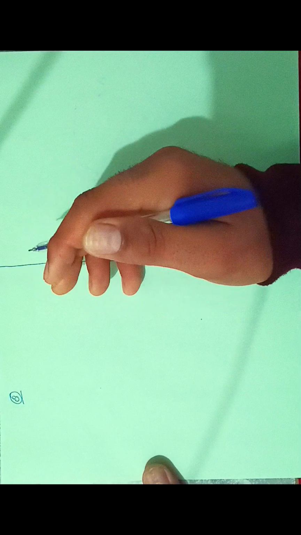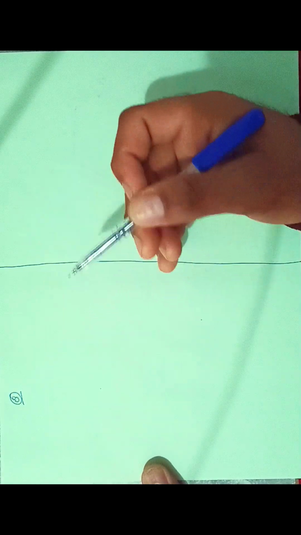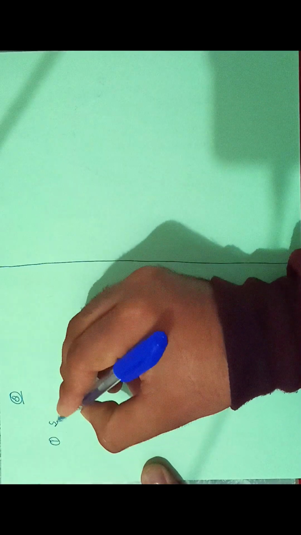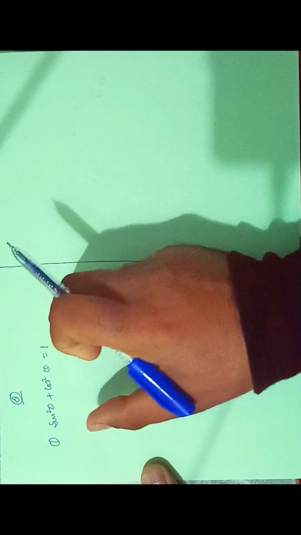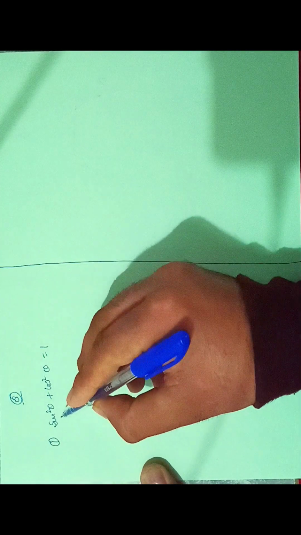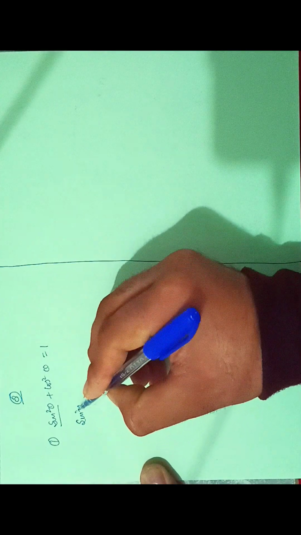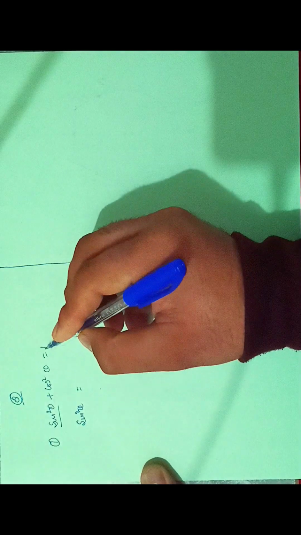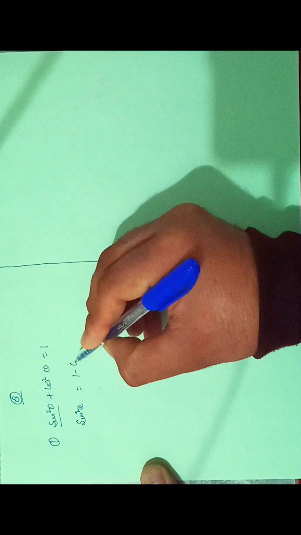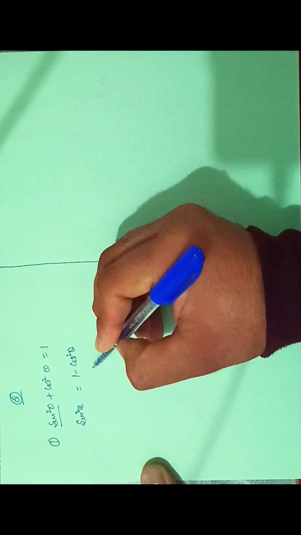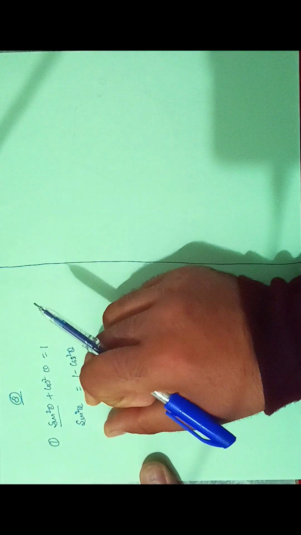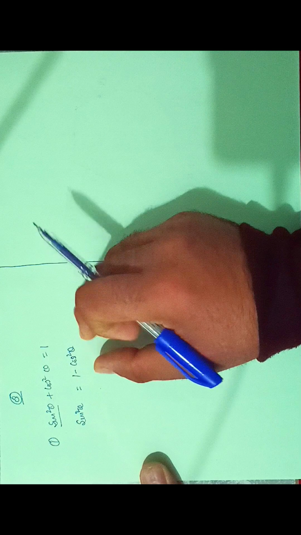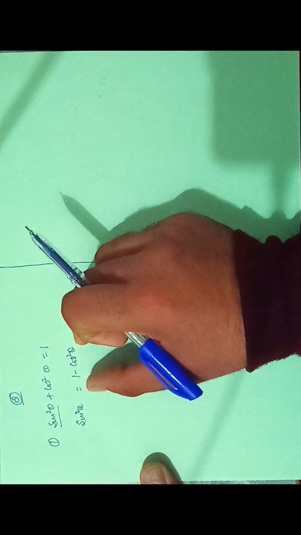And the rest of the results we can derive from these three identities. The very first identity is sin square theta plus cos square theta is 1. We can also derive two results from this identity. The very first result: if I put sin square theta here and transpose cos square theta to the other side, it will be 1 minus cos square theta. So whenever I need sin square theta, I can use 1 minus cos square theta,